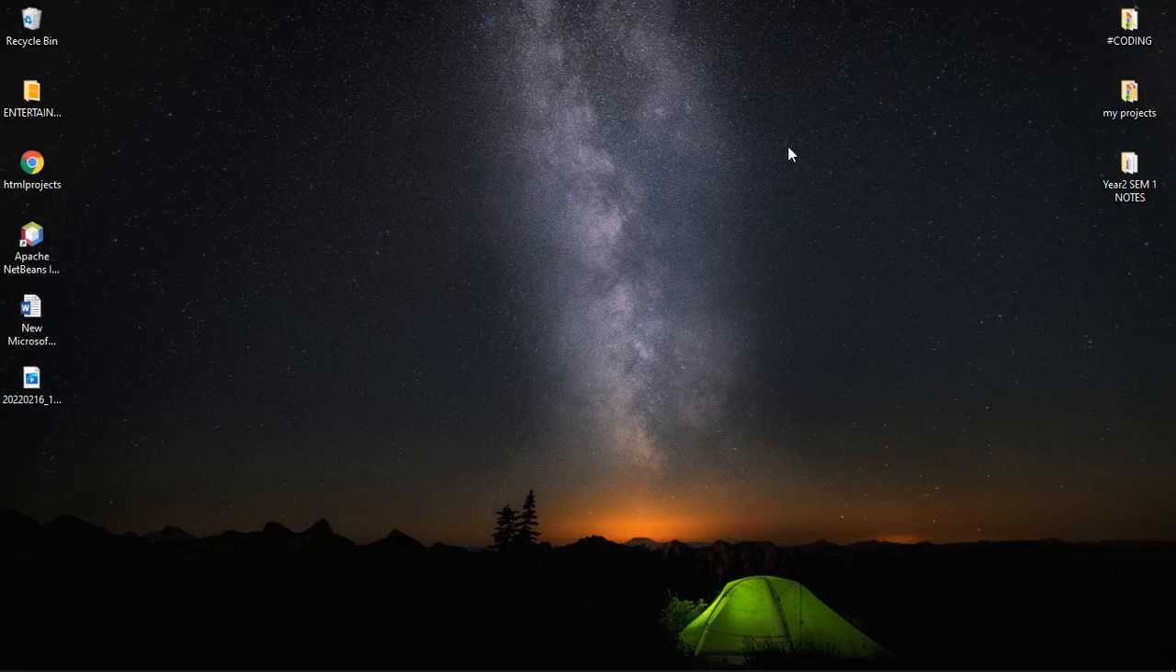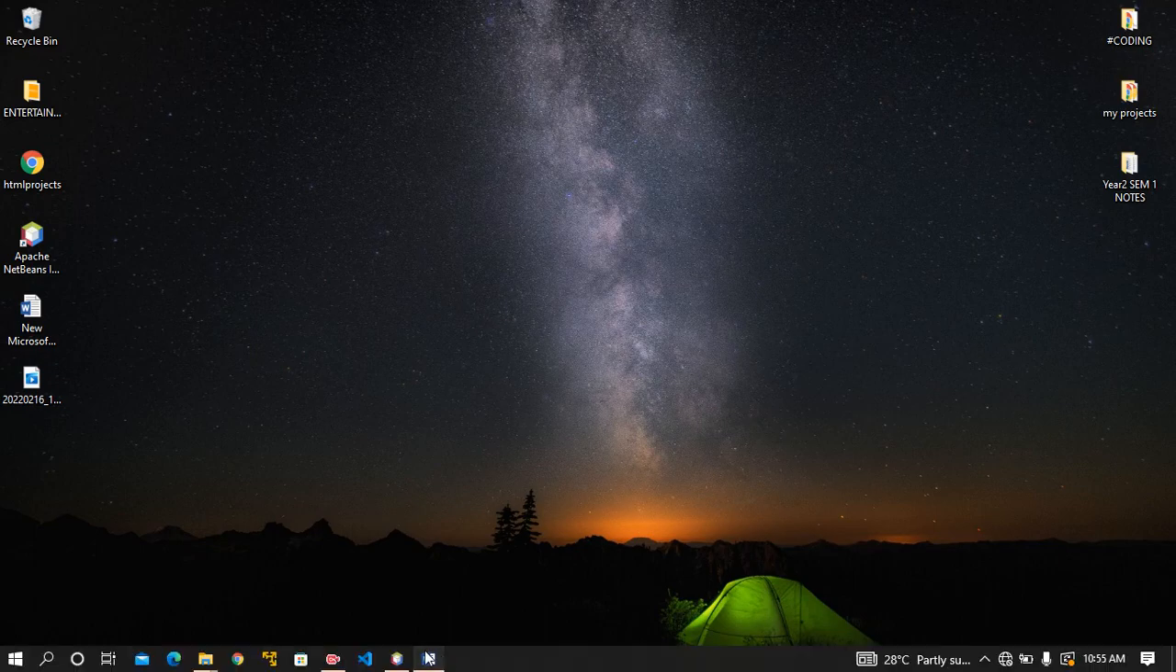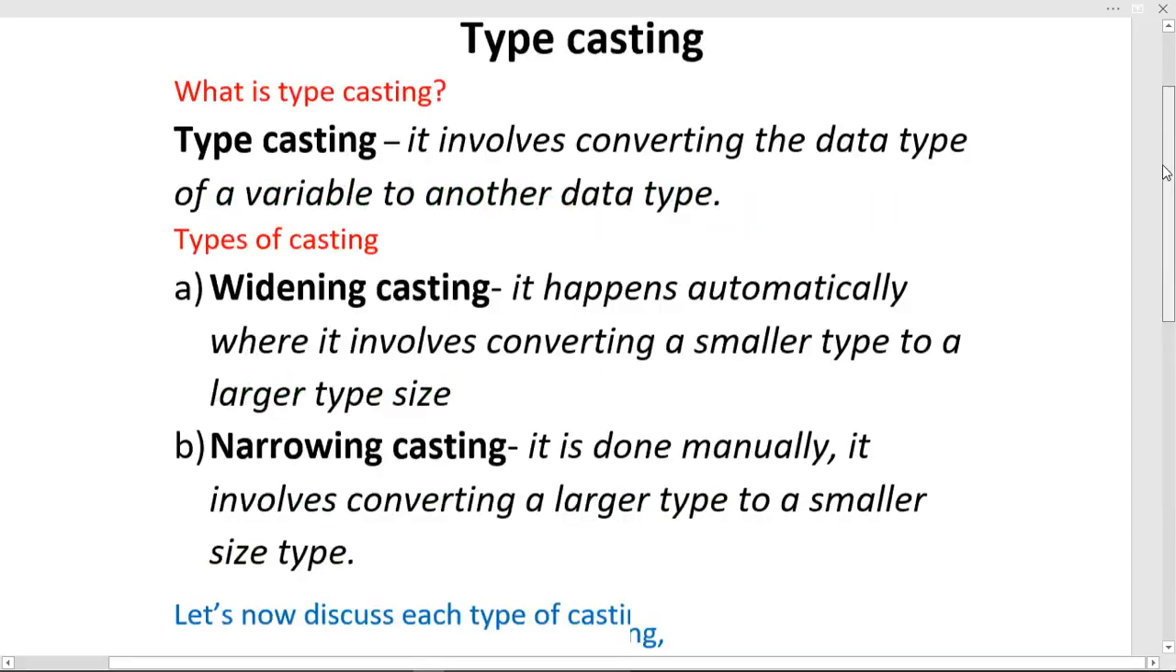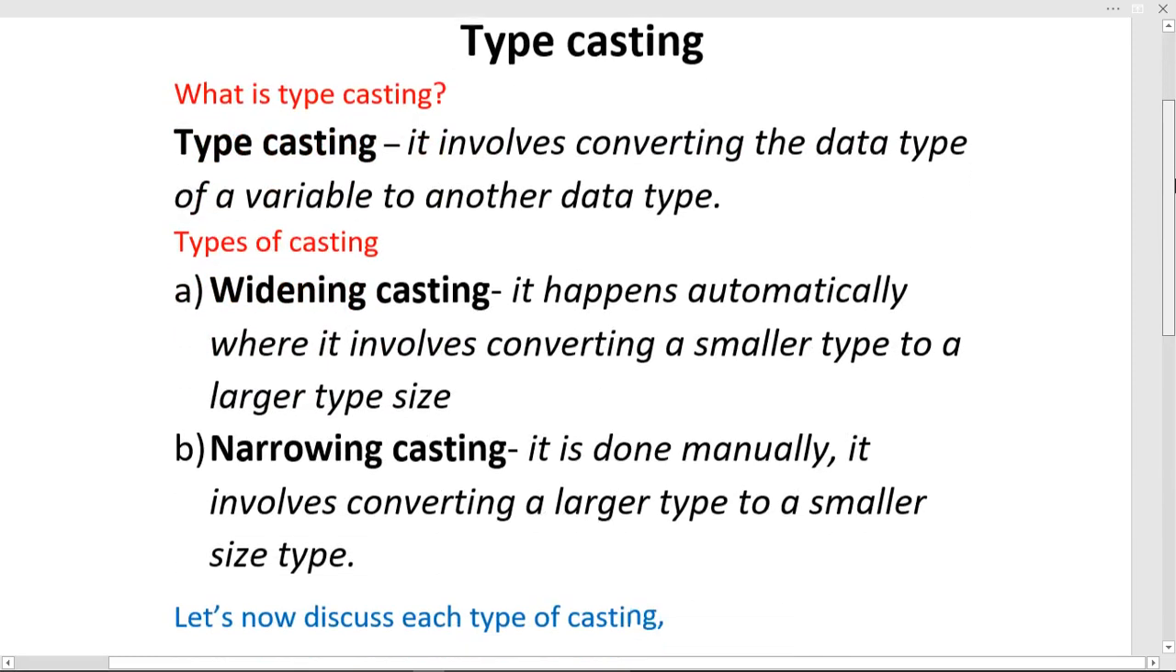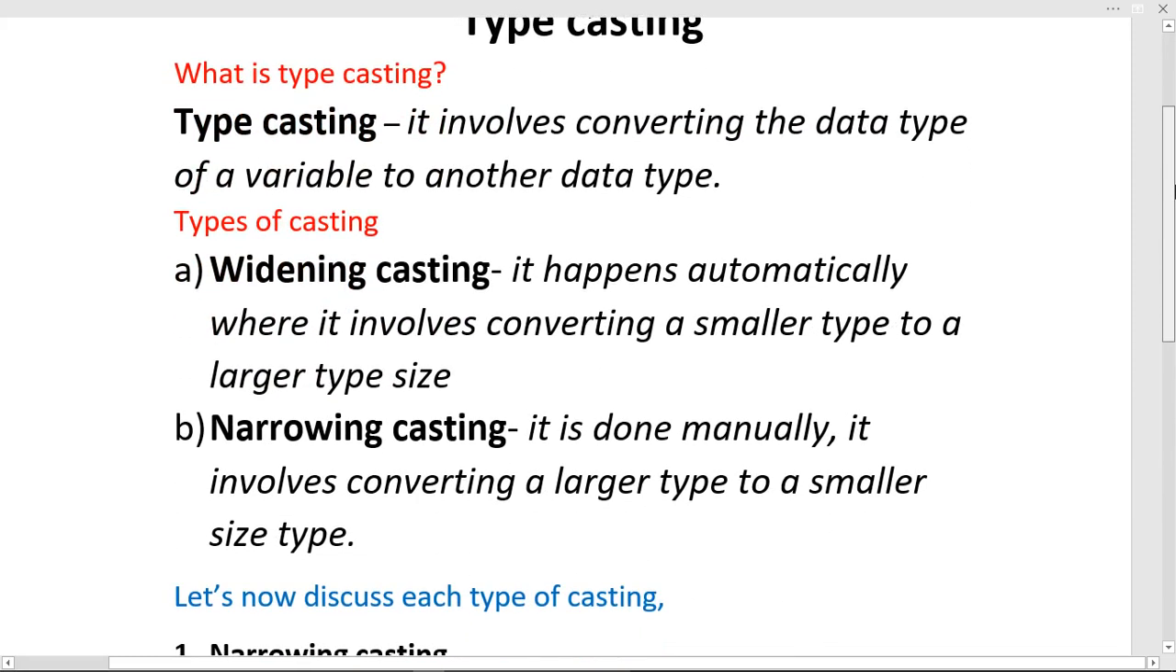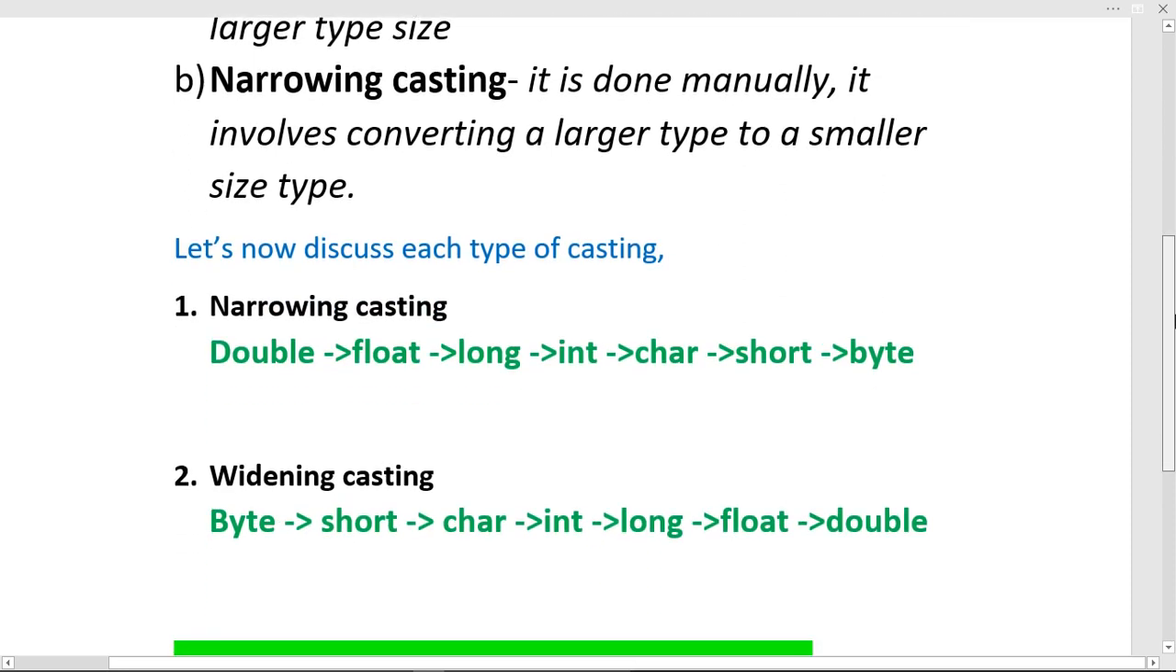Now, today I want to train you on Java casting. We'll be discussing what typecasting is, the types of casting, and we'll discuss each type by